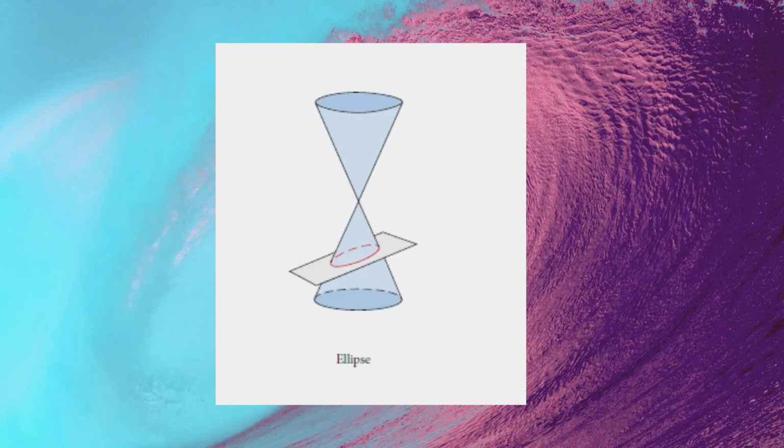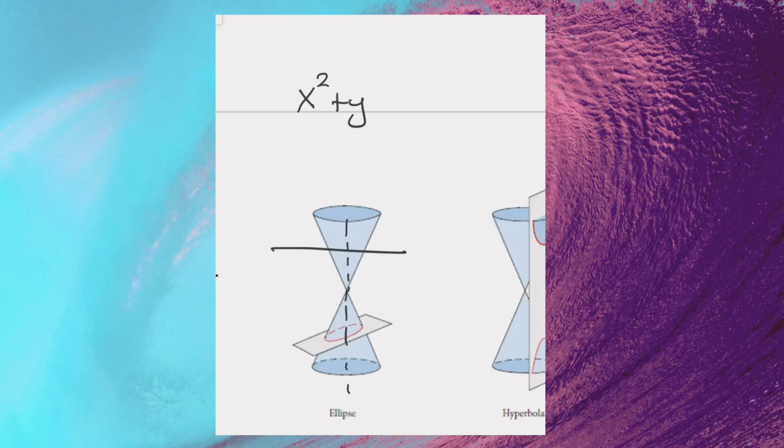If I took a plane and I cut through the cone perpendicularly to, say, imagine that there's an axis that runs straight vertically through this, we would have a circle. Well, the equation of a circle, which you already know, is x squared plus y squared equals radius squared. Now that's a circle. If the circle is not centered at the origin of a coordinate grid, then we would change the equation of